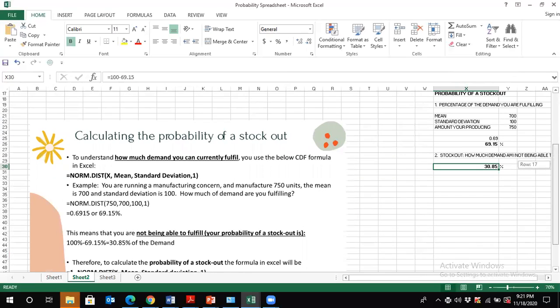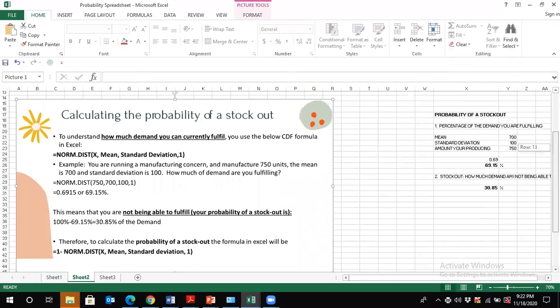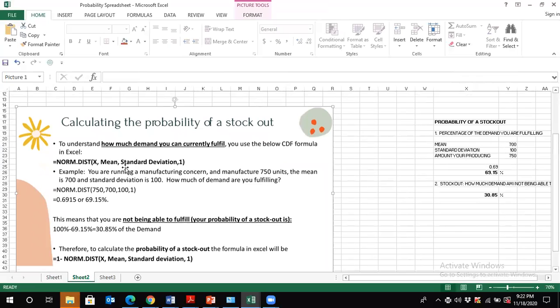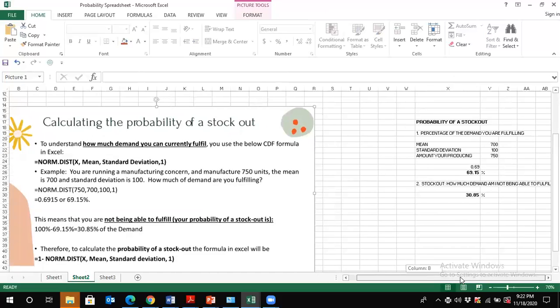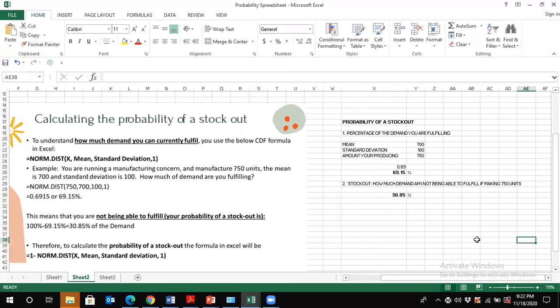So I just wanted to make this very clear that everything on the slide can be translated in Excel very, very simply, if you are familiar, but you need to understand what's really going on. If you just blindly look at the formulas and you don't understand what the formulas really indicate, then you really won't gain a lot from it. So I would suggest that you just lay out the question similarly, then you will easily be able to calculate the probability